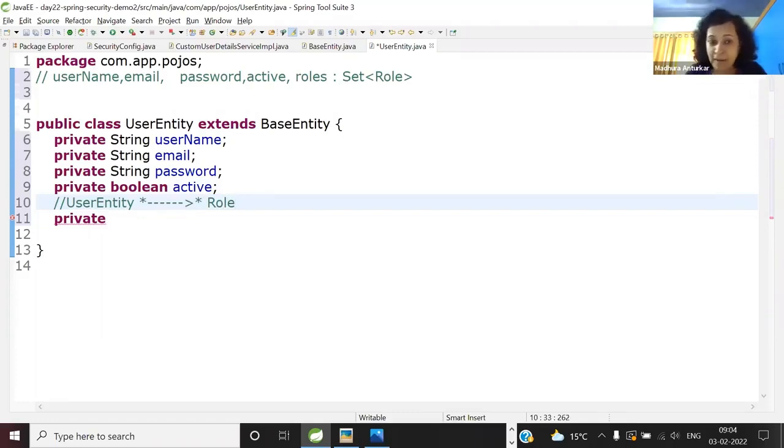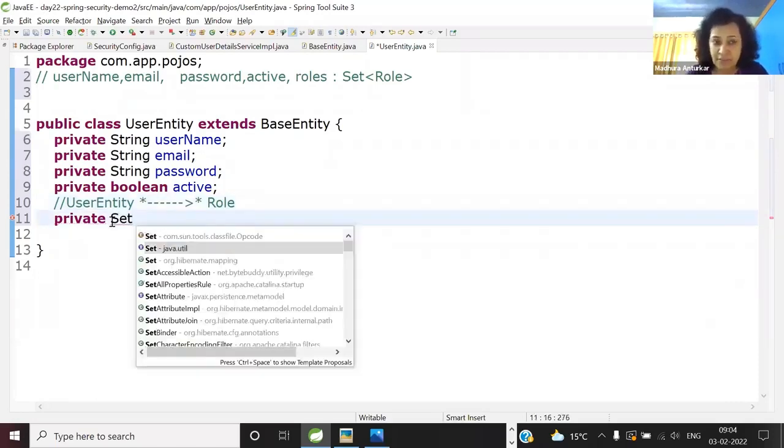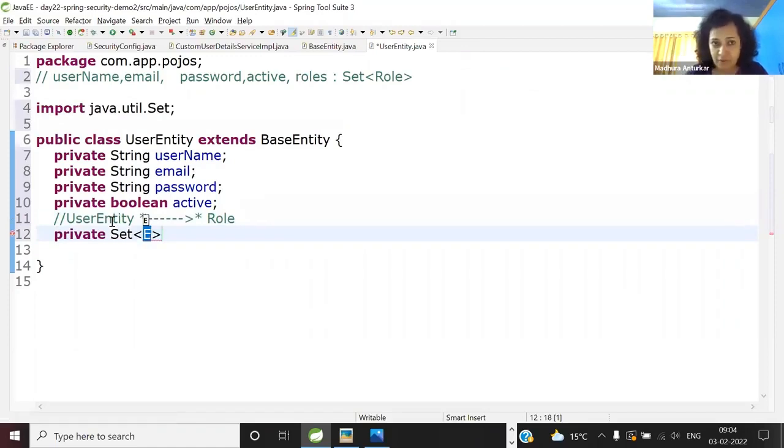This is a unidirectional entity to entity many to many relationship, right? So private set, recall all the rules we have discussed in those four-five days of Hibernate. Should you keep it null or an empty collection? Empty collection. And before that, I'll say here,